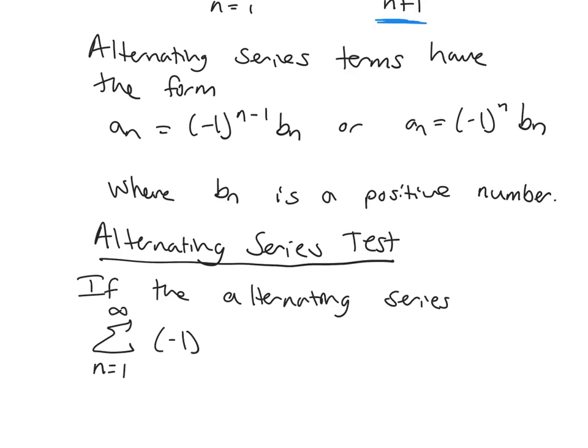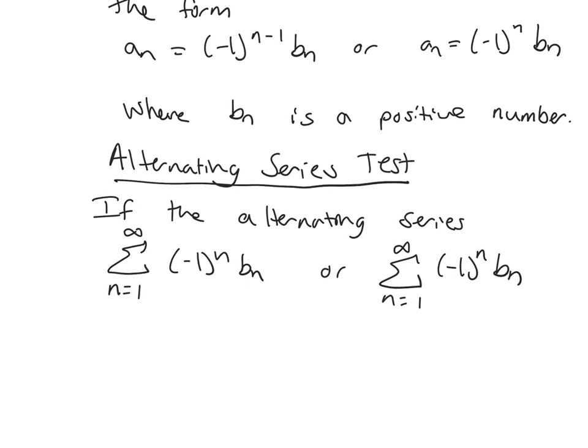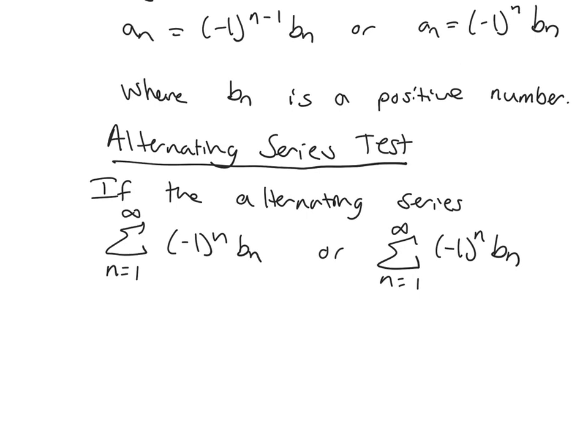In the formula, it's -1 to the n b sub n, or -1 to the n minus 1 b sub n. So if your series is alternating, two things have to happen. It satisfies: